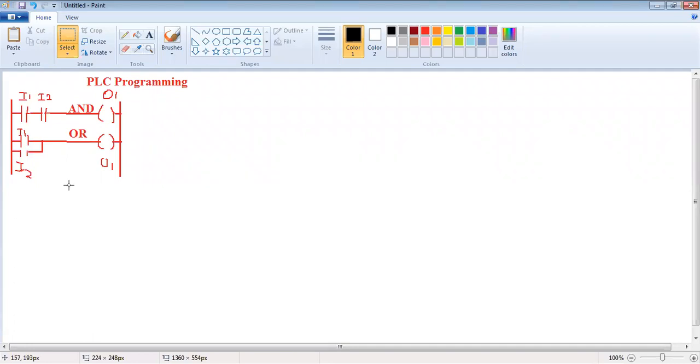Next that we'll see is NOT gate. So obviously output coil, we will take output number 2, suppose this time, input number 3.